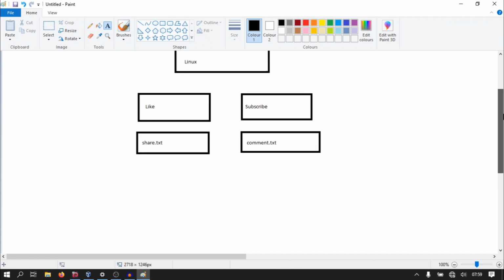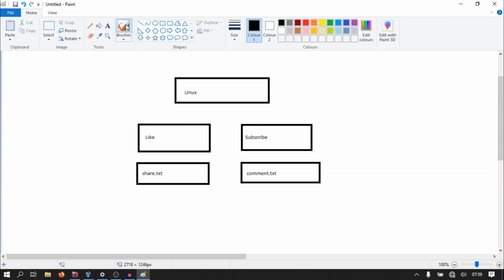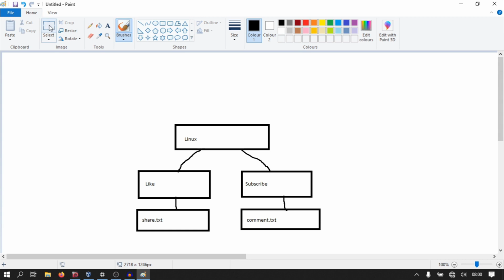As you can see, it is forming a tree from here to here and here. From here we can directly see that share is a child object of like, and like and subscribe are child objects of Linux. And if we go further upward,